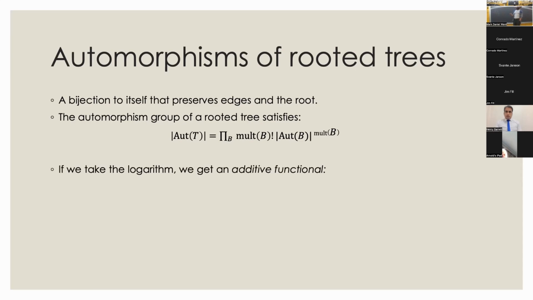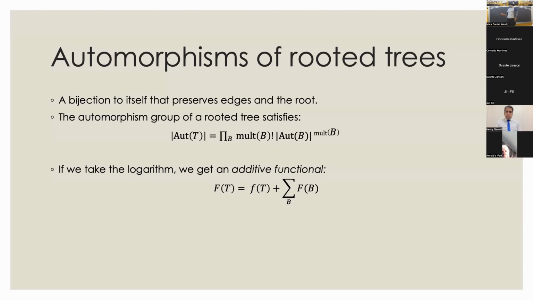And it turns out that if we take the logarithm, this turns into something that's called an additive functional of the tree, which has the following form. This is also some sort of recursion then. Now, a bit confusing perhaps, here the branches are not the unique branches, but the actual root branches of the tree. But to get the additive functional of the full tree, we sum over all of the branches the value that we get from them individually,